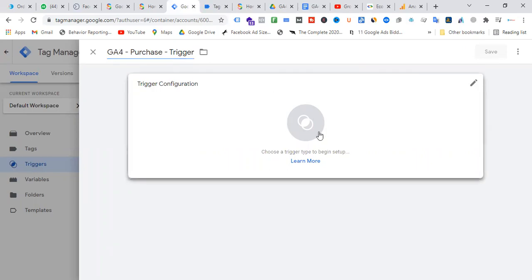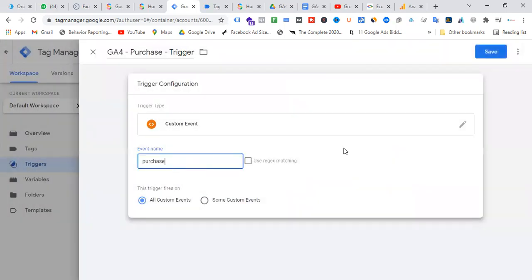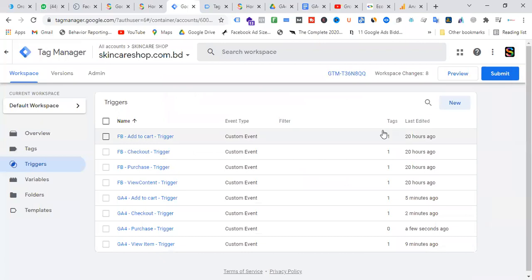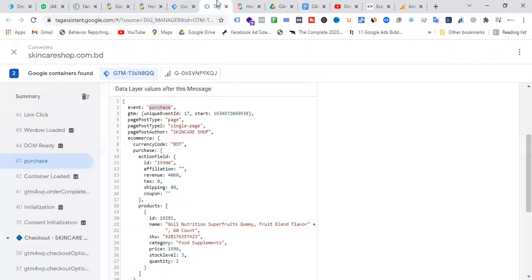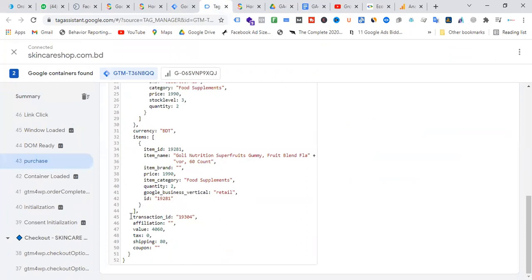How will we configure that? We will use the custom event and select purchase. So when the purchase event is triggered, when the purchase event happens. Okay, now we have to create a few configurations like transaction.